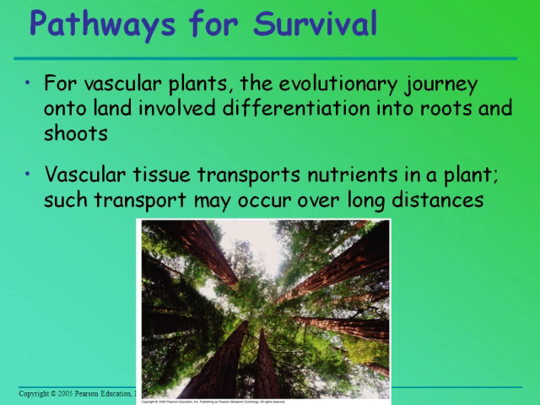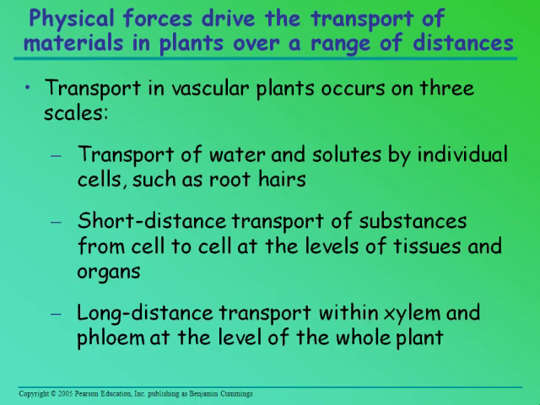these giant redwood trees. Okay, so transport in vascular plants occurs on three scales. The transport of water and solutes by individual cells such as root hairs. Remember, root hairs are the tiny little, practically microscopic hairs on roots that increase the surface area of roots. Short distance transport of substances from cell to cell at the levels of tissues and organs, and we'll talk about